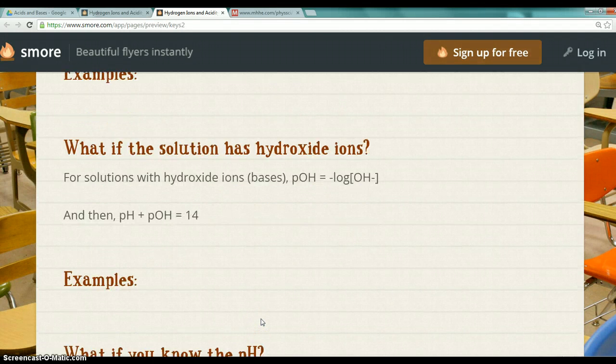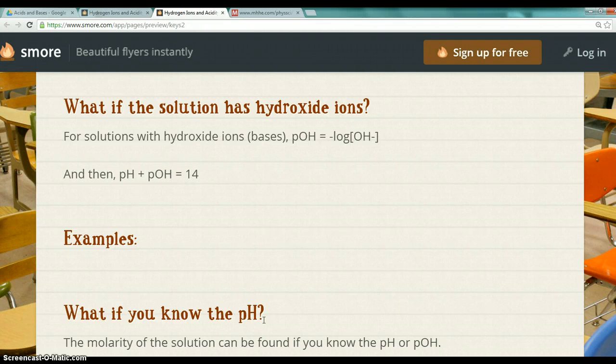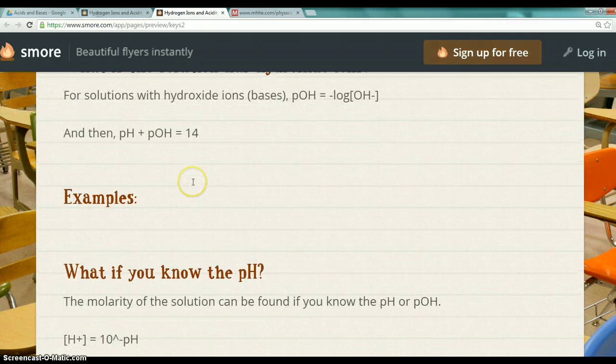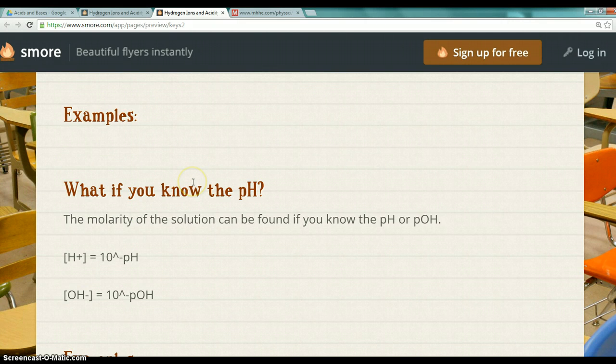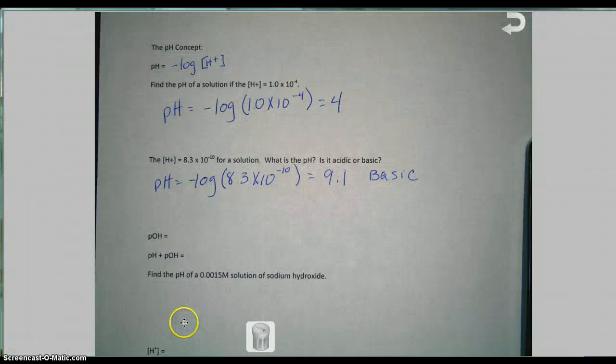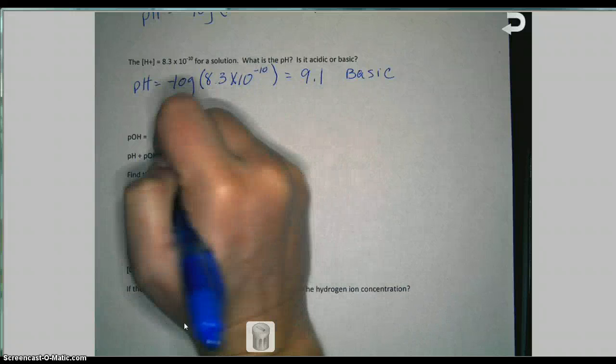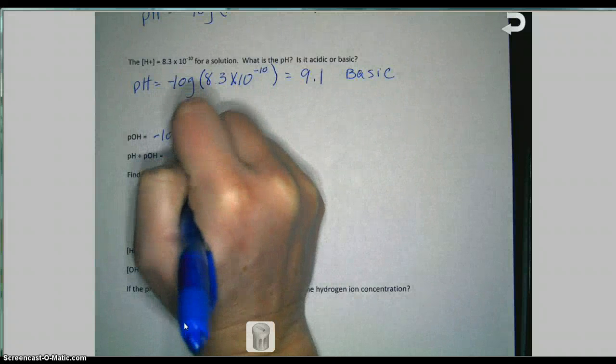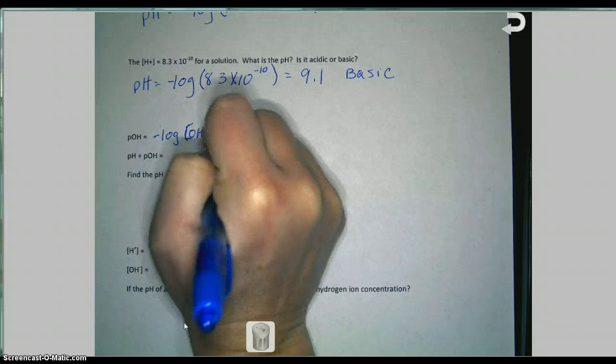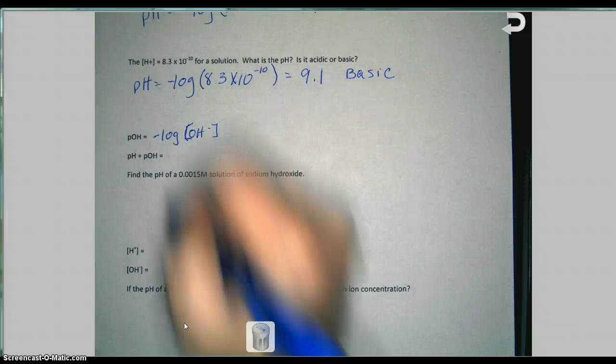All right, what if the solution has hydroxide ions? Well, then we use what's called the pOH, and that equals the negative log of the hydroxide ion concentration. And then if you know the pH or the pOH, added together, they equal 14. Okay, so let's do a couple of examples with these. All right, so we said pOH equals negative log of the concentration of hydroxide ions, and pH plus pOH equals